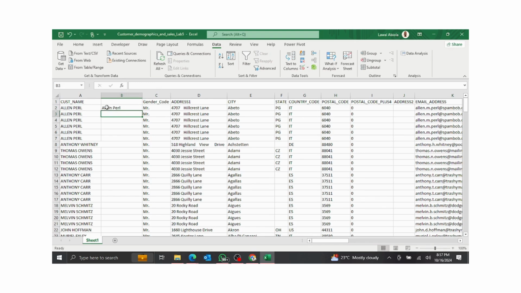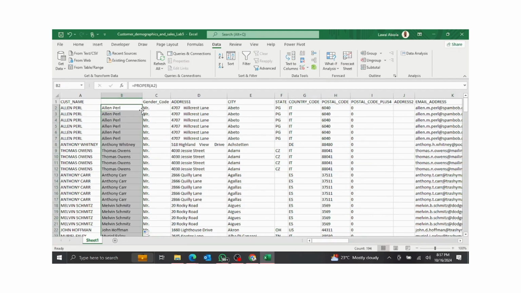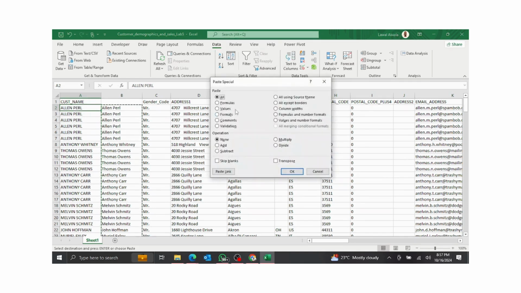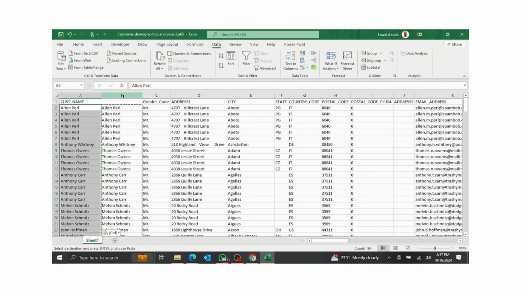Can we see that it's only the first letter, which is A for Allen, while other ones are small letter, and for Pearl, there is only the first alphabet that is capital. Then I double click to auto fill it down. Then I press Ctrl C. Then I come back to where I want to paste, and I press Alt ES. So Alt ES is just a paste special. I don't want to just copy and paste, because by copy and paste, it will not paste it the way I want it. So I want to paste value. I'm specifying that it's only value that you should paste, and I click OK. I can now delete